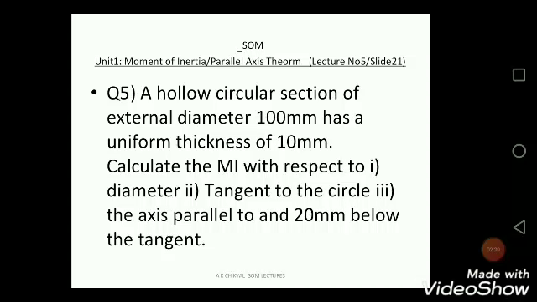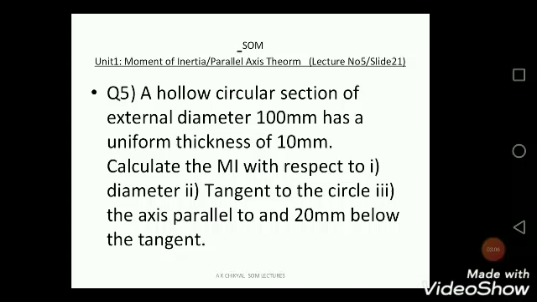Number 2, tangent to the circle. Just like our previous problem in which a tangent has been drawn at the base, we named this tangent AB. Similarly, you draw a tangent touching at the base. Name it AB, and you have to find the moment about this tangent using the parallel axis theorem, that is I-axis